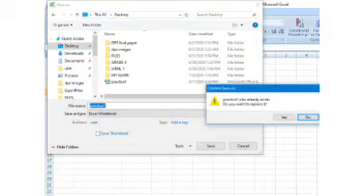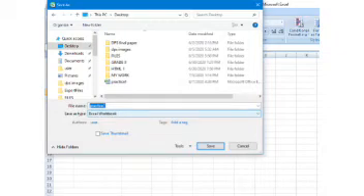Click OK. You can see here it is telling me to confirm Save As, practice 1 already exists. Yes, we have already saved this file, and after saving it we have done some editing. So we cannot save one file with two names, or we cannot save two files with one name.